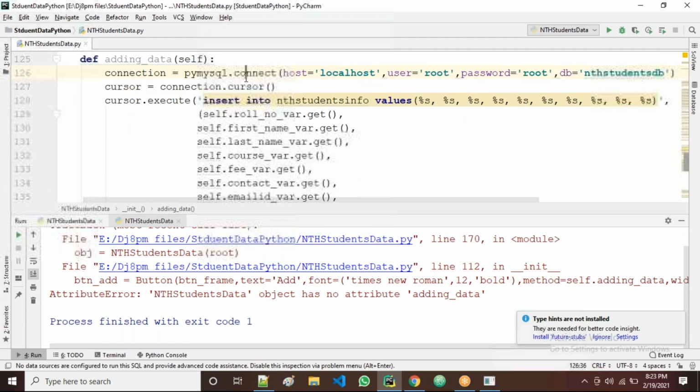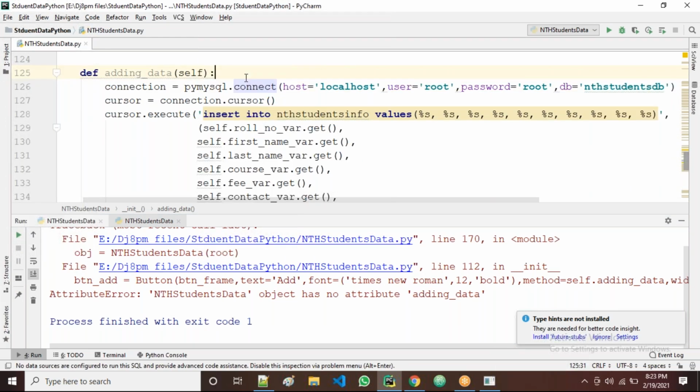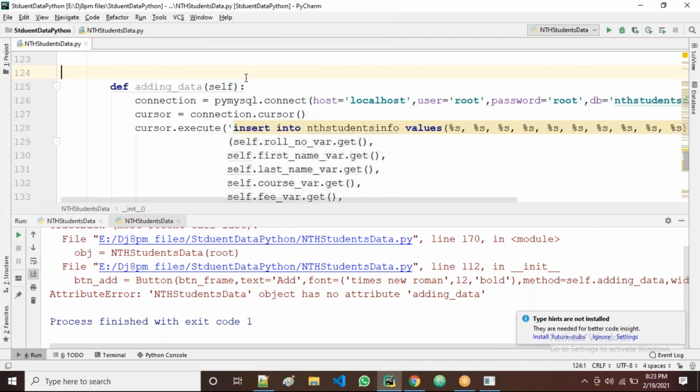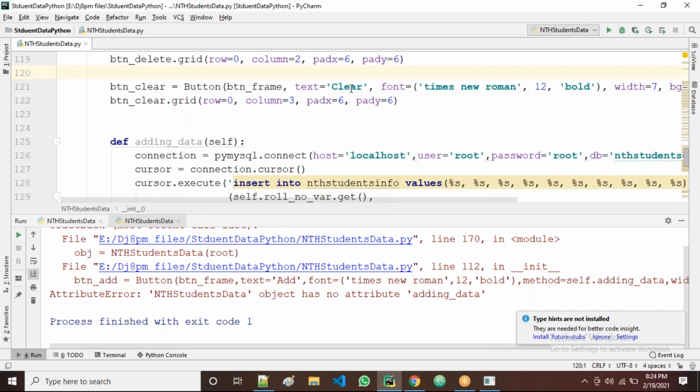It is the method name, adding data. Okay, is there any spelling mistake here?